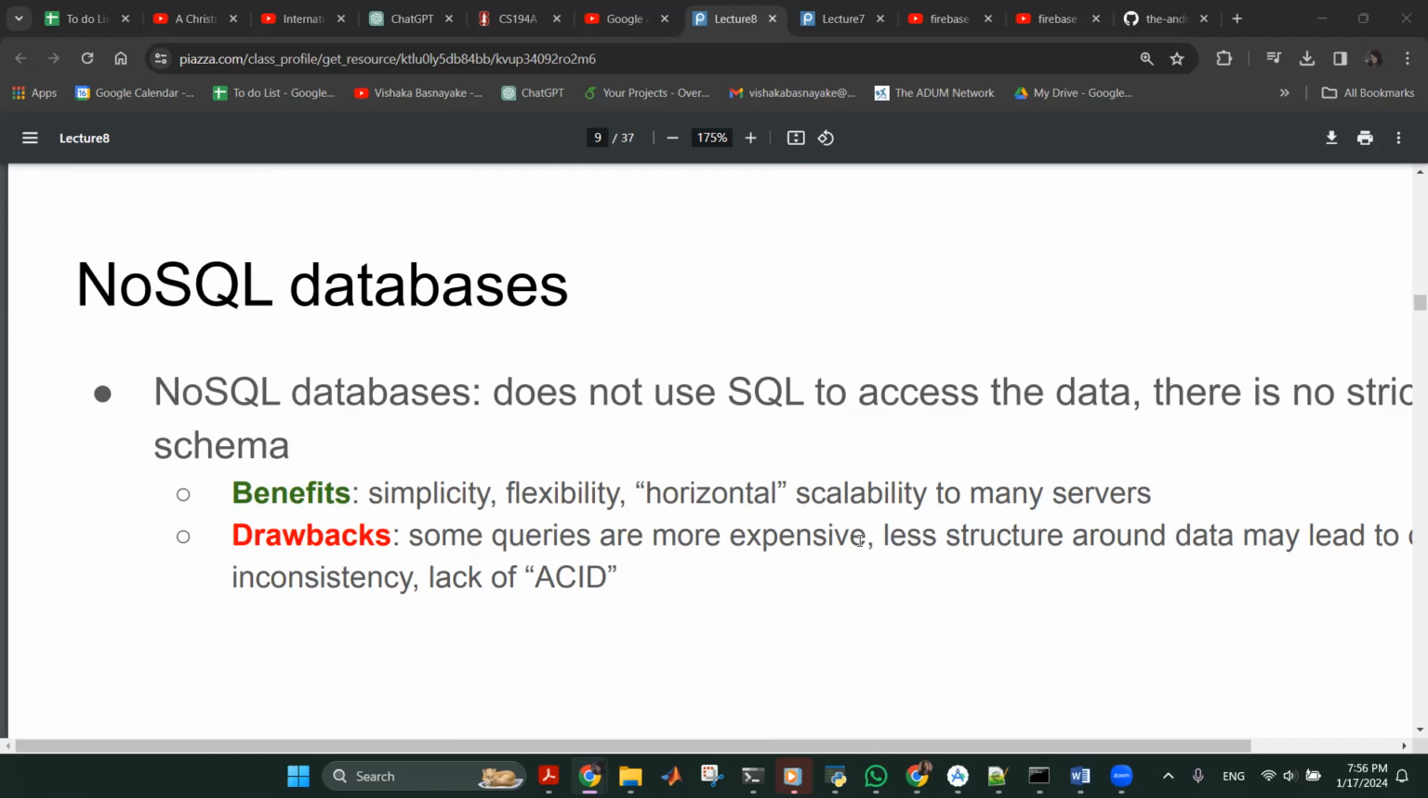Apart from that, it enables us to integrate applications with the web servers. So all those advantages are there when we are using backend as a service. Also, this backend as a service platform, which is basically the Firebase platform,